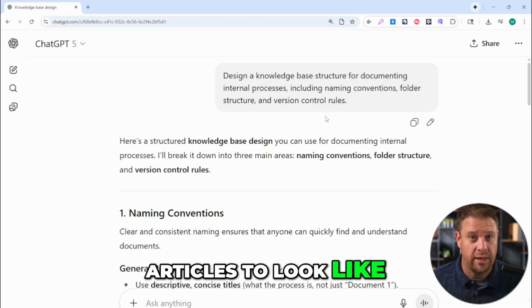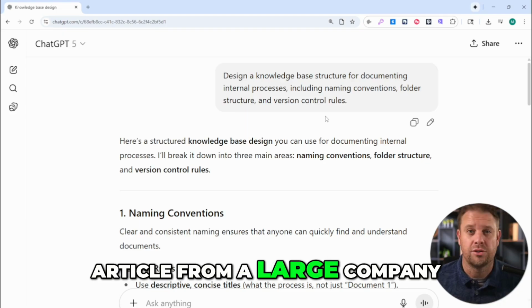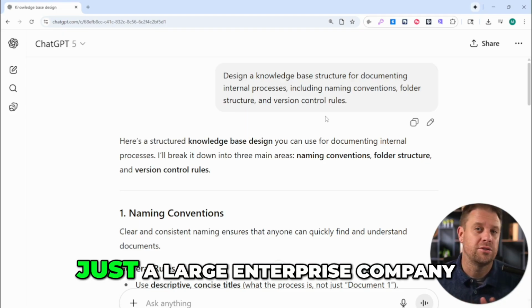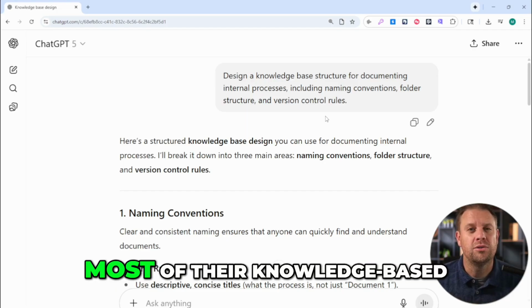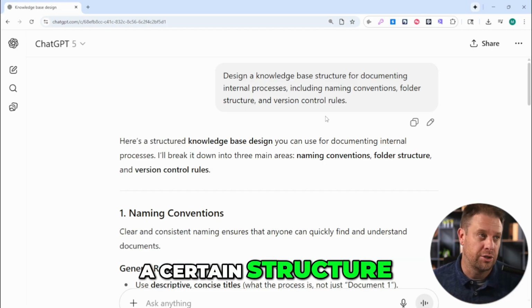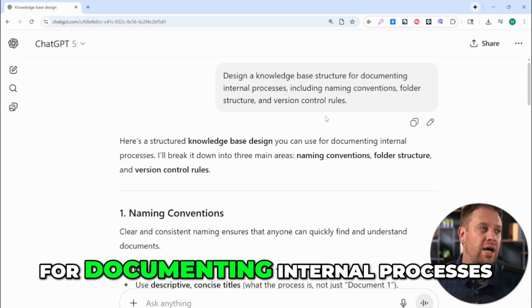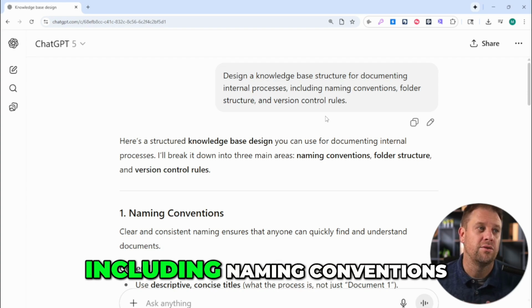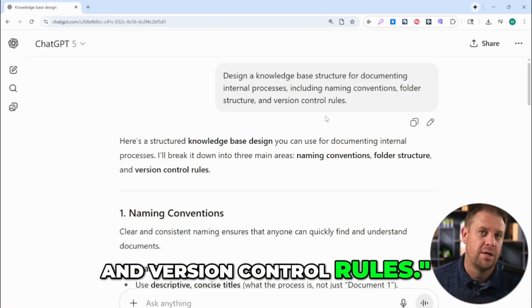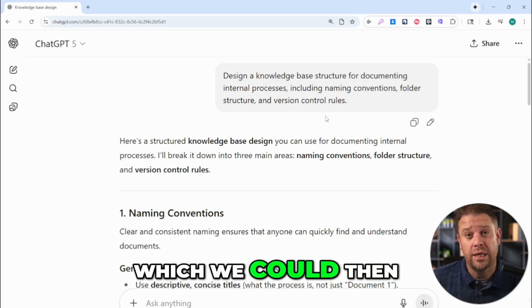articles to look like. So if you've ever looked at a knowledge-based article from a large company, whether it be Fortune 100, Fortune 500, just a large enterprise company, most of their knowledge-based articles are organized in a certain structure. So this prompt is saying design a knowledge-based structure for documenting internal processes, including naming conventions, folder structure, and version control rules. So this prompt is a great way to give us that structure, which we could then go put